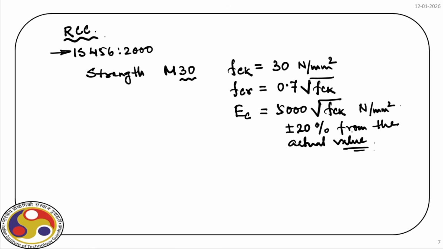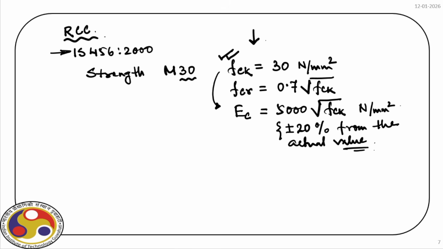Because every time we cannot take samples from the site and then just check this Young's modulus value. So that's the reason we actually start with this characteristic strength and then convert that characteristic strength into Young's modulus using this expression. Obviously, it has some amount of uncertainty within this estimation, as you can see here, it is plus minus 20%. But in our design process, we will use this 5000 square root of fck value as the Young's modulus of the concrete. So for design, these are the three values that we are worried about when we deal with reinforced concrete design.